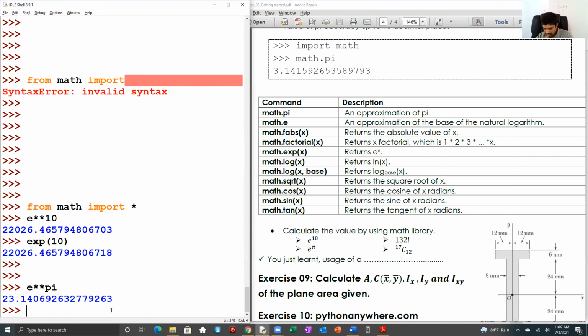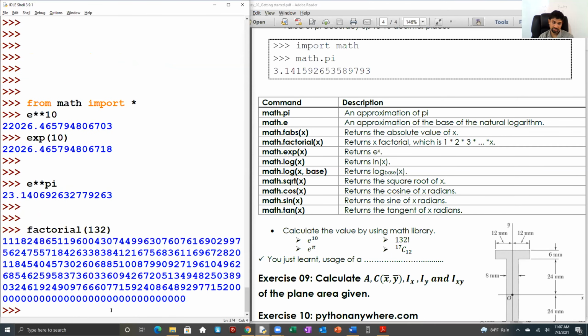The third one is factorial, no? Factorial 132. It's very large, huh? Very large. That means it's approximately 130 digits. Okay. The fourth one is a